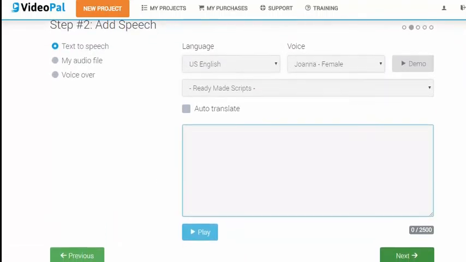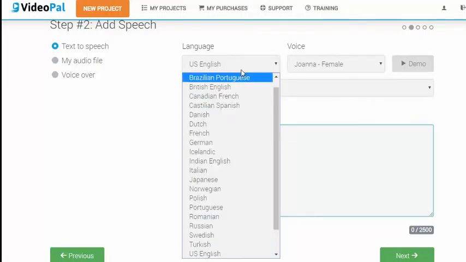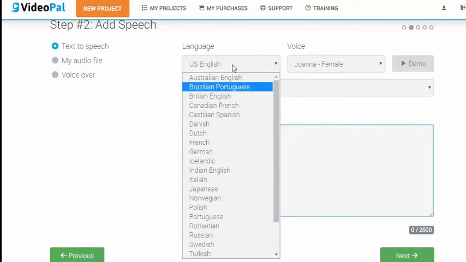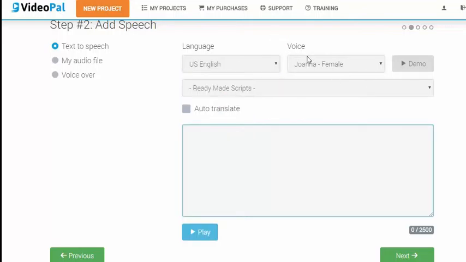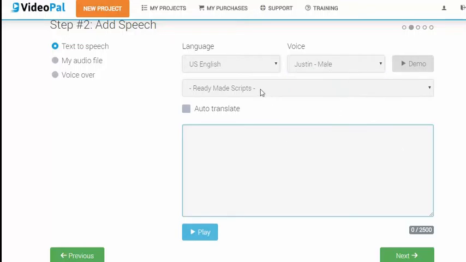And on this page we can basically choose from various voiceovers, US English, British English. And there's a lot of voiceovers. To give them credit, they've really gone in here in terms of the different voiceovers. So I'm just going to stick with male Justin. Now we can paste our own script in here,